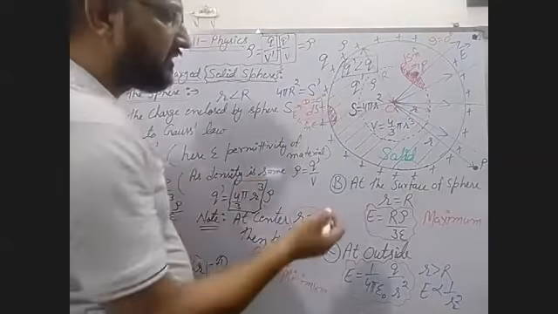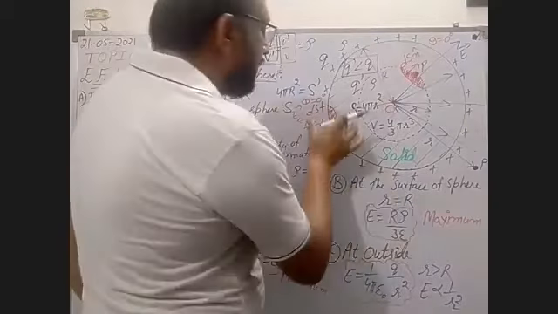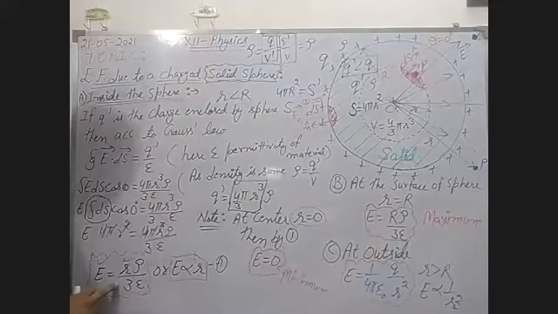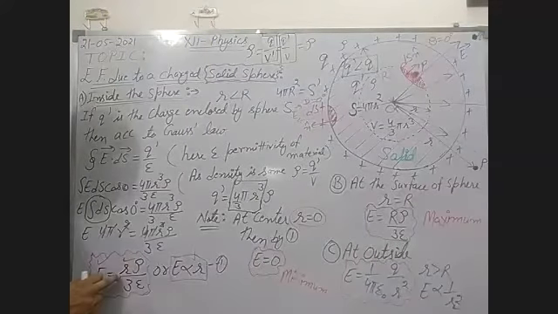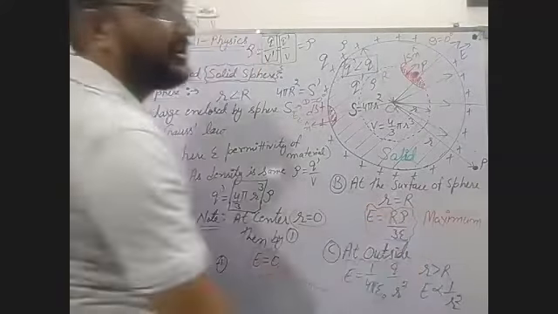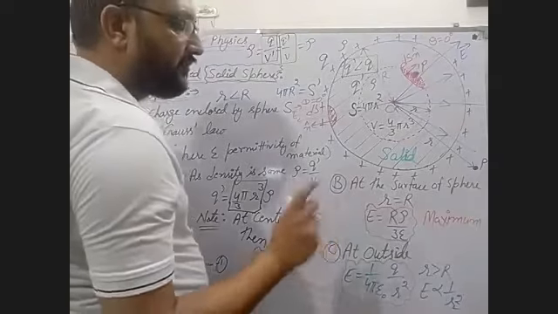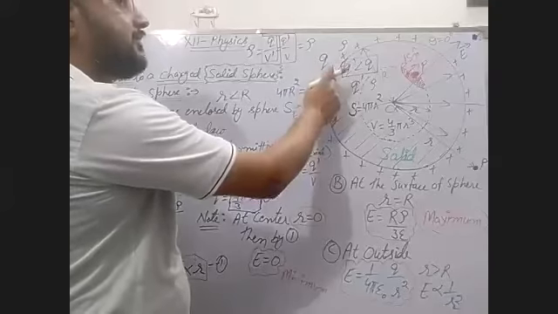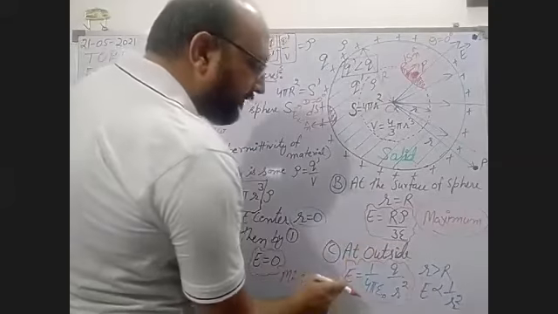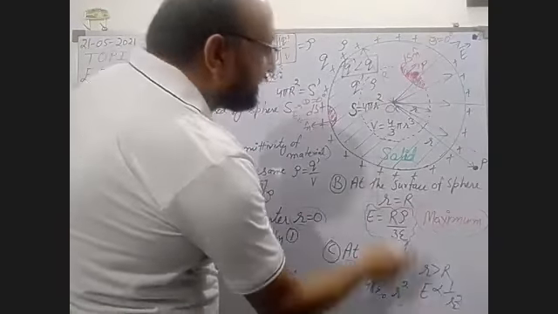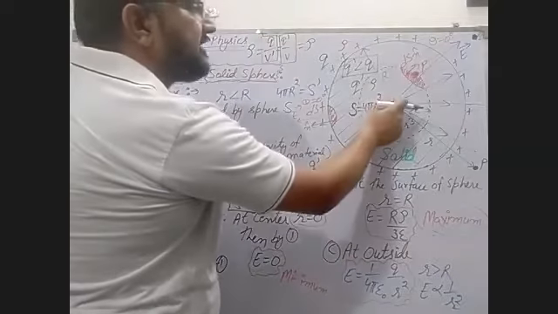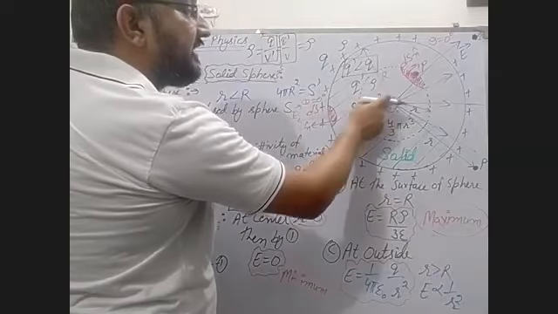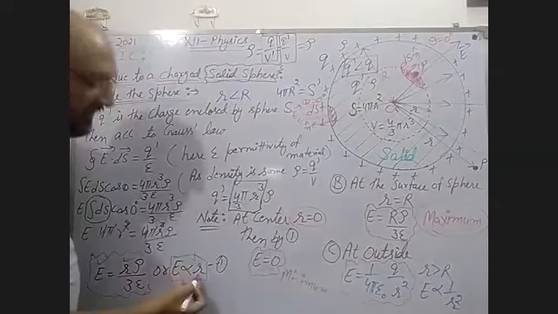Now the same thing is there, then you have to put small r equal to capital R. Then this relation becomes, here small r is there, but here capital R is there. This is the difference. But this is also the maximum value of electric field at the surface, because outside you can feel this: R is gradually increasing from the center, and the electric field also increases because E is directly proportional to R.